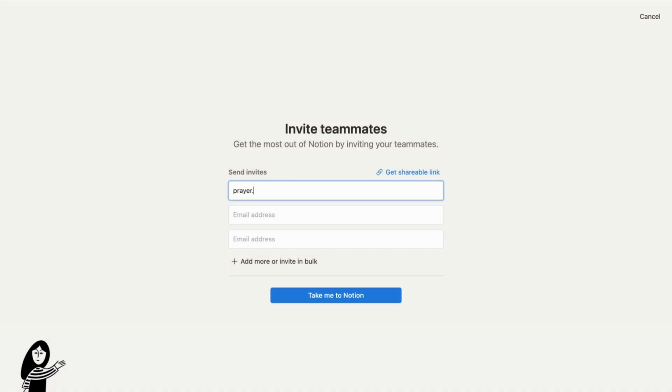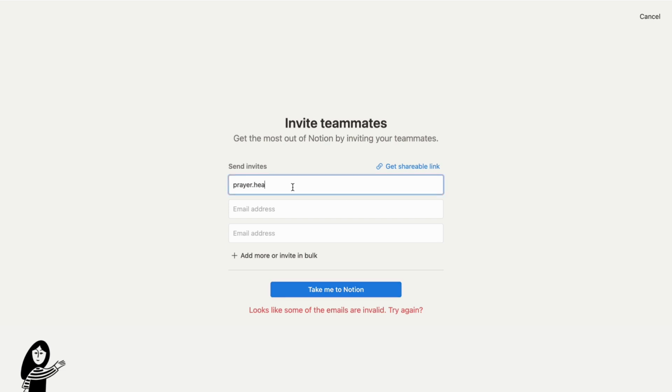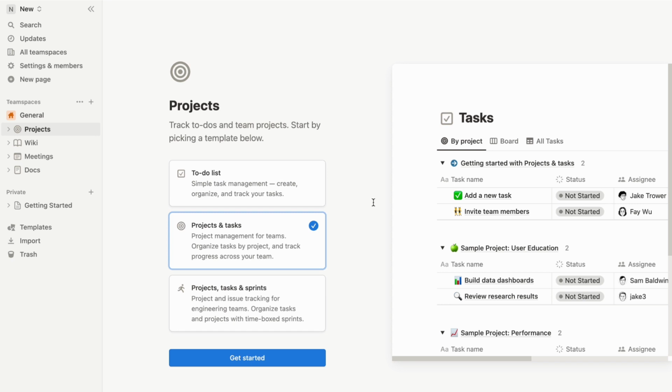With a triumphant stride, you have birthed a new workspace in Notion, an empty canvas that eagerly awaits your brush strokes of ideas,